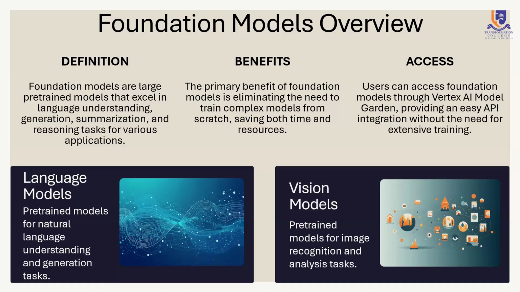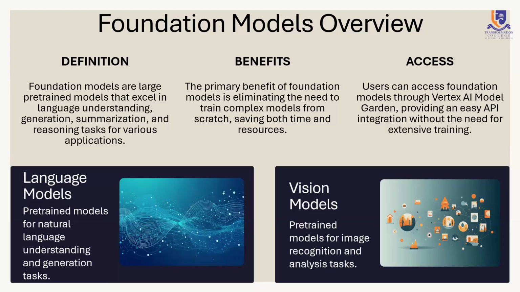So below there are two examples. We have large language models, models that are trained for natural language processing and understanding. And then you also have vision models, which are trained for image classification and analysis tasks. This is what our cameras today use. They have vision models in the background so they can identify whose car it is when they take pictures of your car. This is basically the use case for AI models, right?